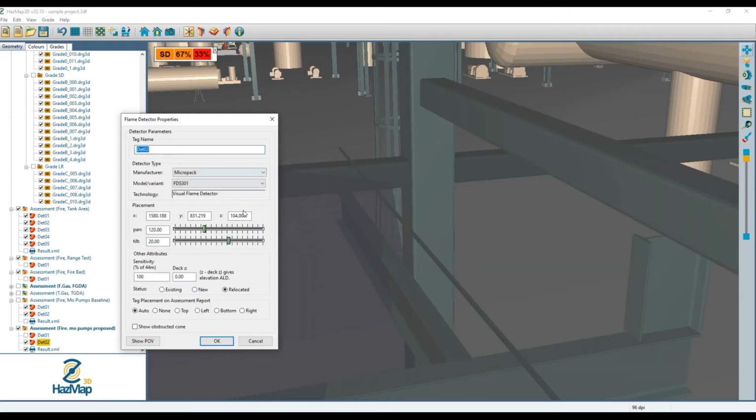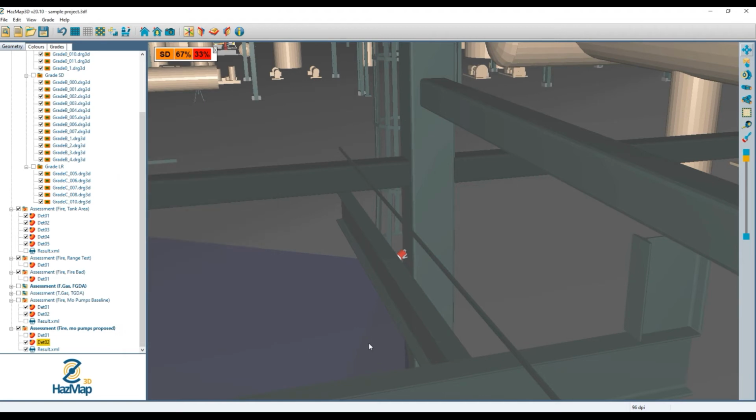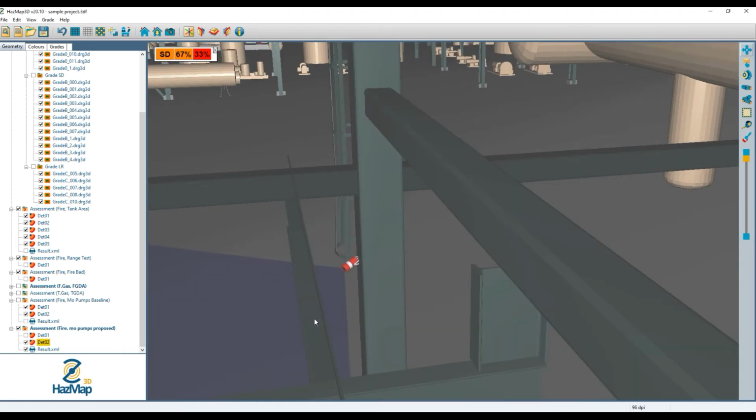So at that point, I can know just to drop this down about 1 meter. And now that I'm no longer embedded inside that post,